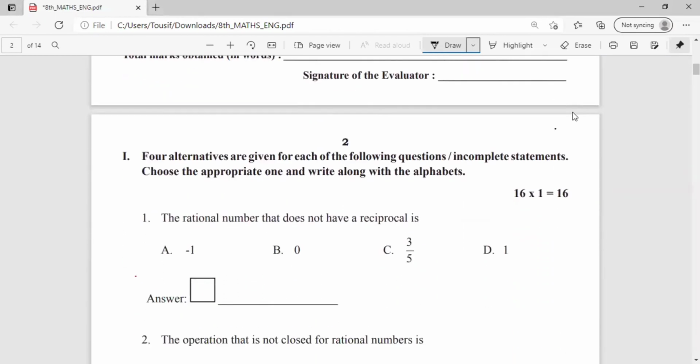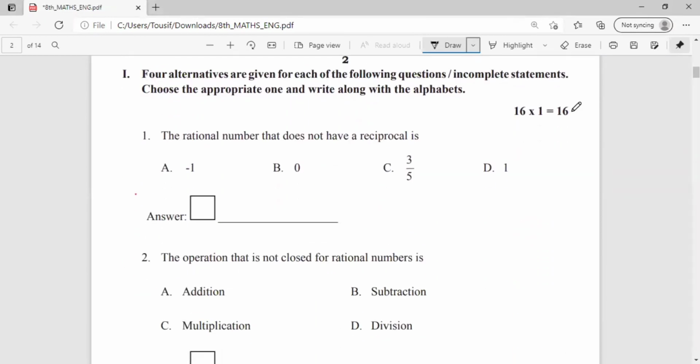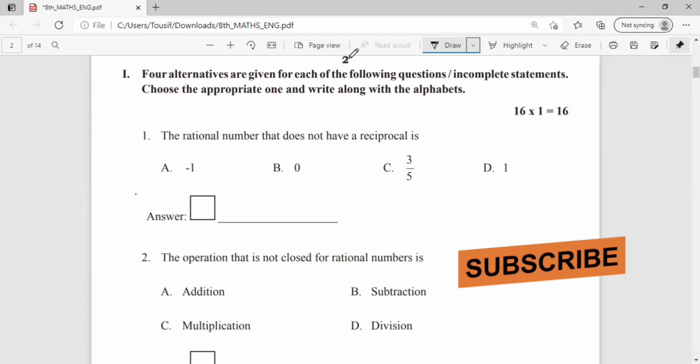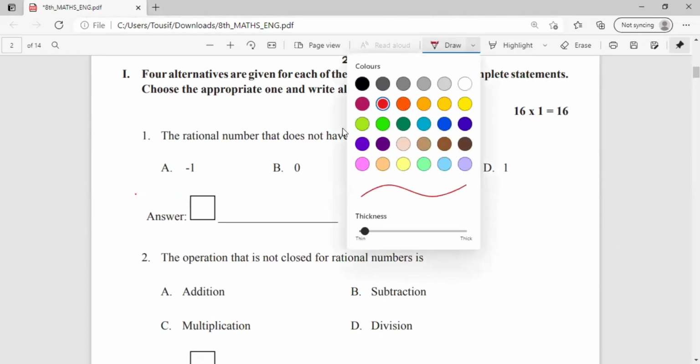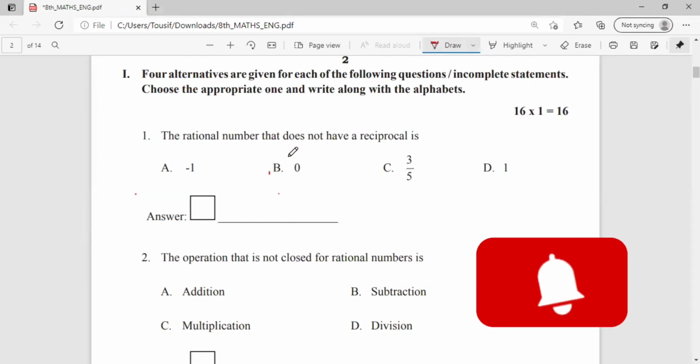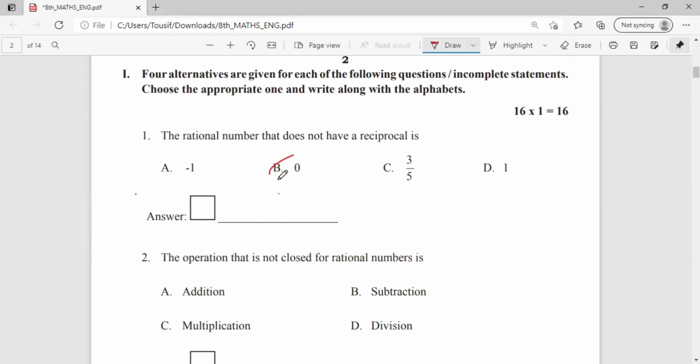Okay, so here is the first one. They are saying out of the options, we have to select the correct answer. The first question: the rational number that does not have a reciprocal. I hope you may be knowing the answer. The answer is option B, that is 0. 0 does not have its reciprocal, because if I want to write it down,